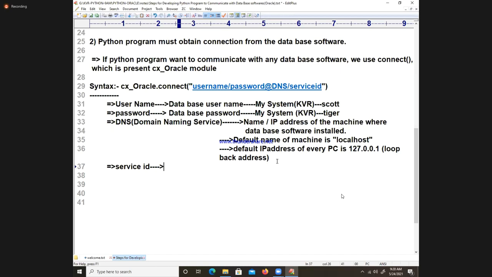Whether you remembered or not, students, I want to give you a small clarity. When importing modules, do you remember I imported the module on its original name and I gave an alias name? Yes, sir, we remember, we gave the alias name. Like that, when people install Oracle software, they give some alias name to that Oracle software. So the service ID is nothing but the name on which